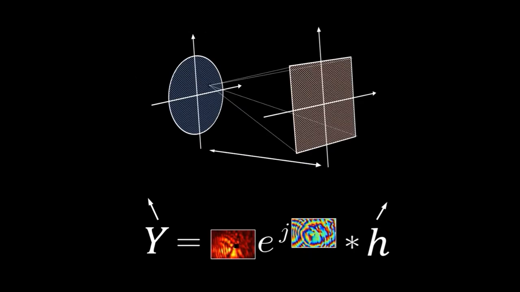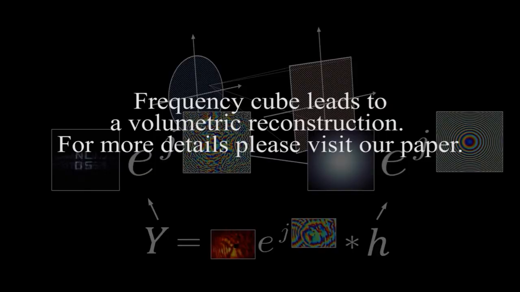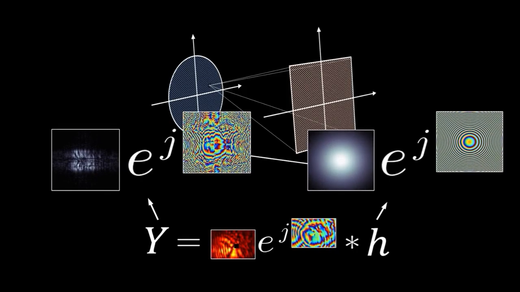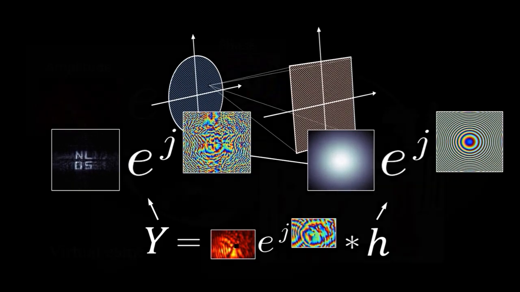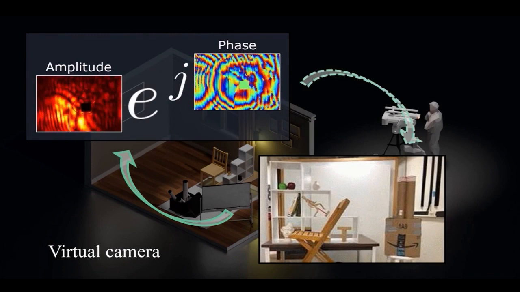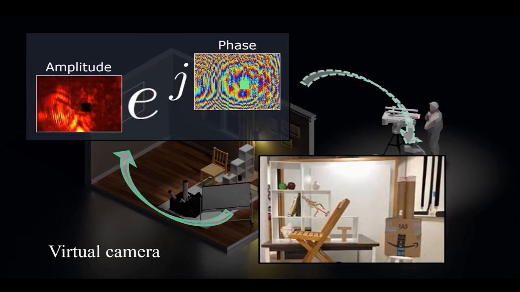Notice that the Rayleigh-Sommerfeld diffraction applies to all wave components inside the capture frequency cube. You can form a simple image using a single frequency instead of the frequency cube. This will look like someone is trying to do a refocusing around the corner. Overall, once you capture the wavefront on the wall, then the phasor field guides us to use a diffractive imaging method to